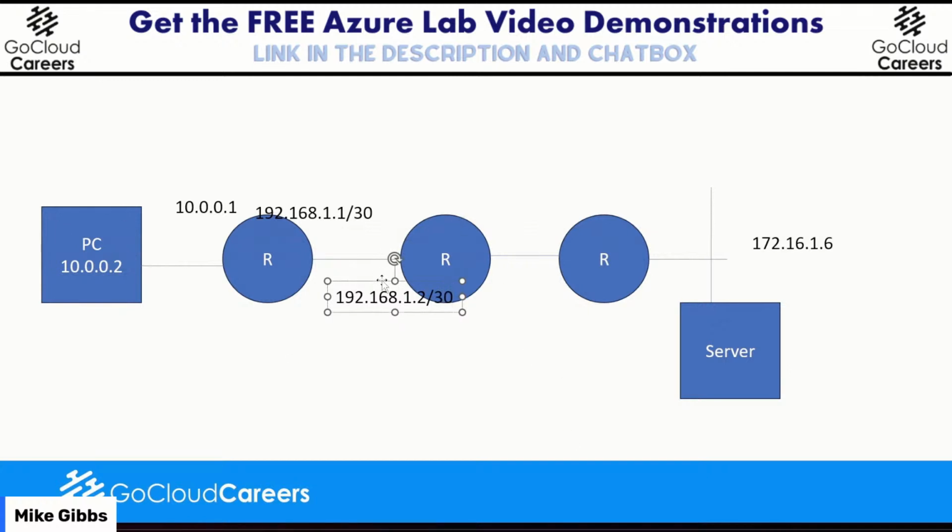And then what'll happen is on this side of the link, it'll be on a different subnet. So this can be .5. And on this side of the link over here, let me copy this, it'll be .6.